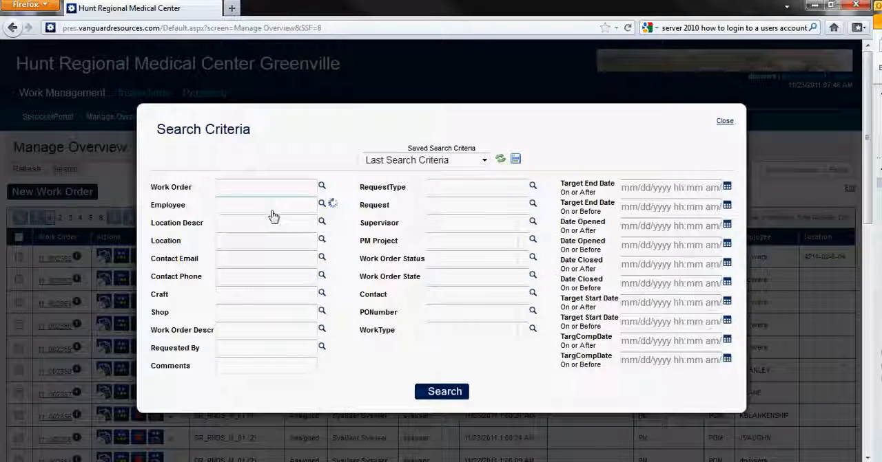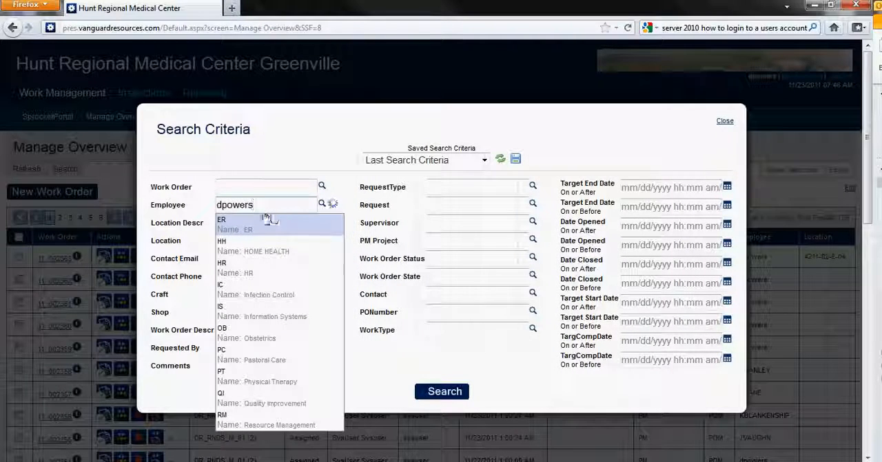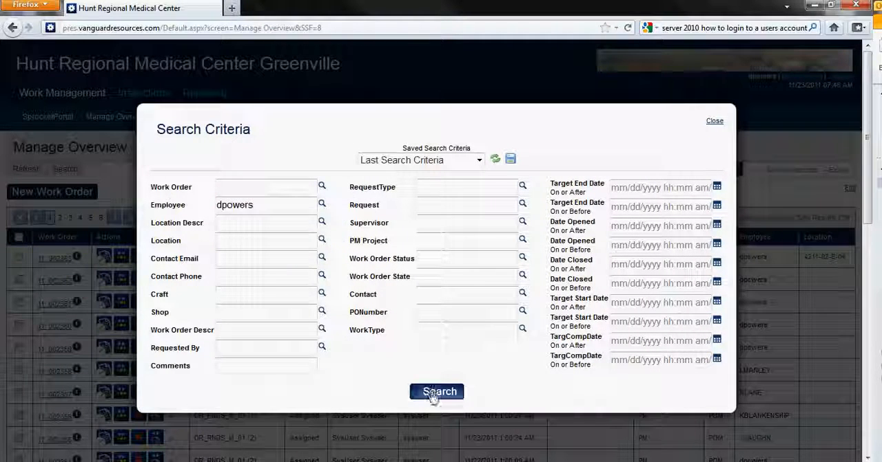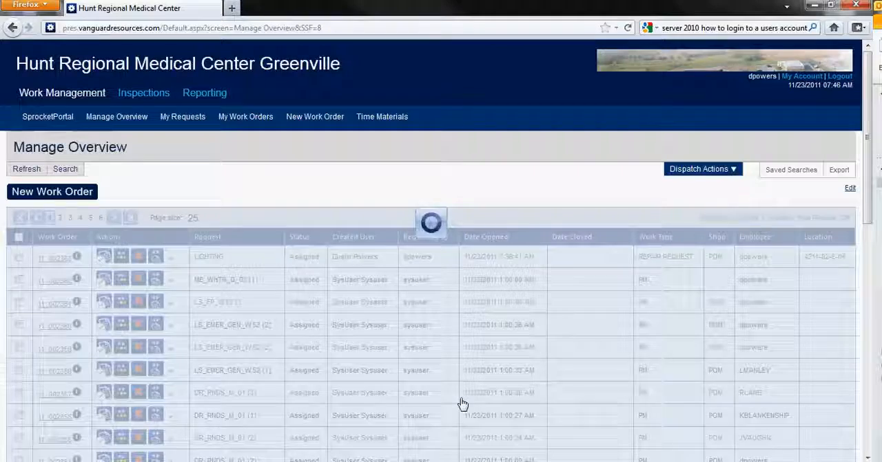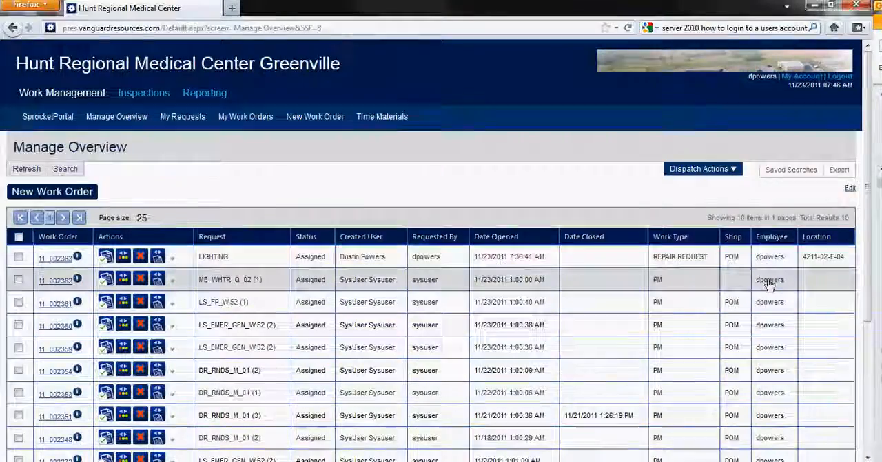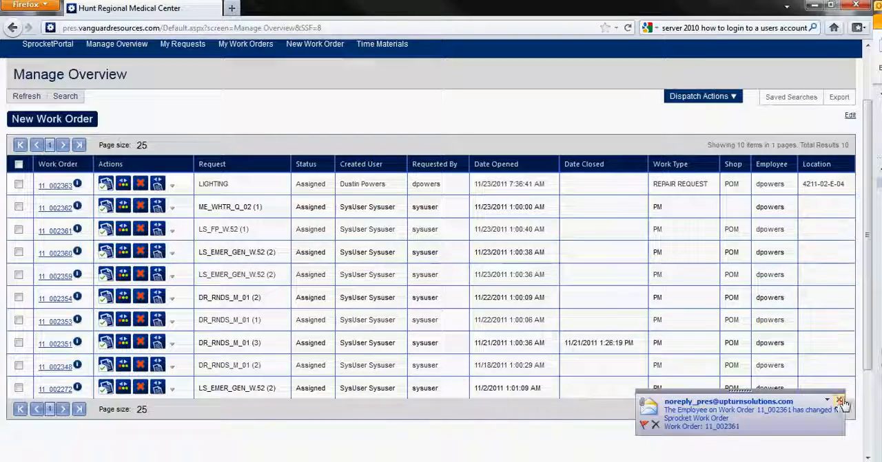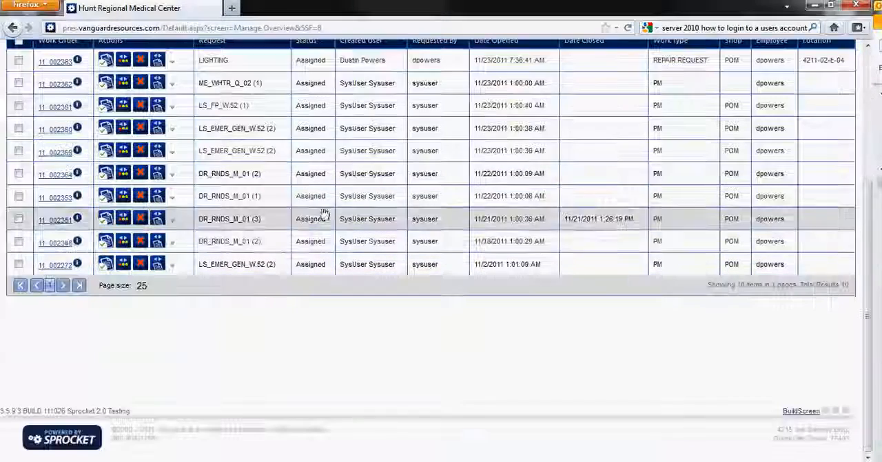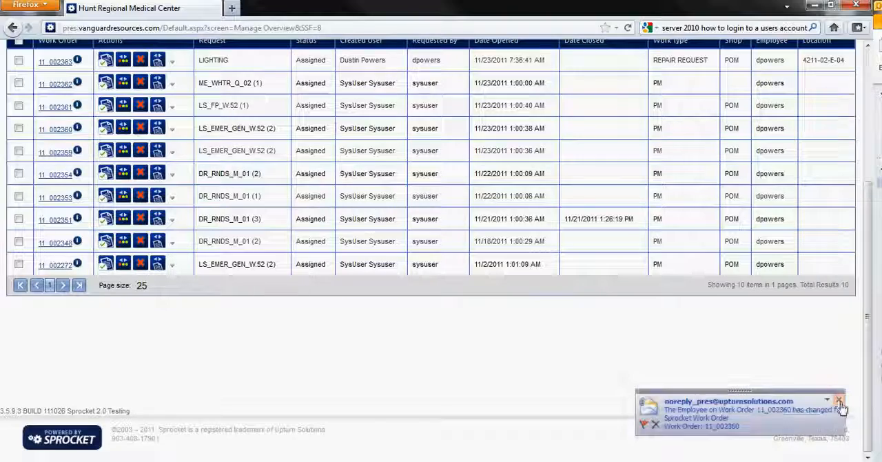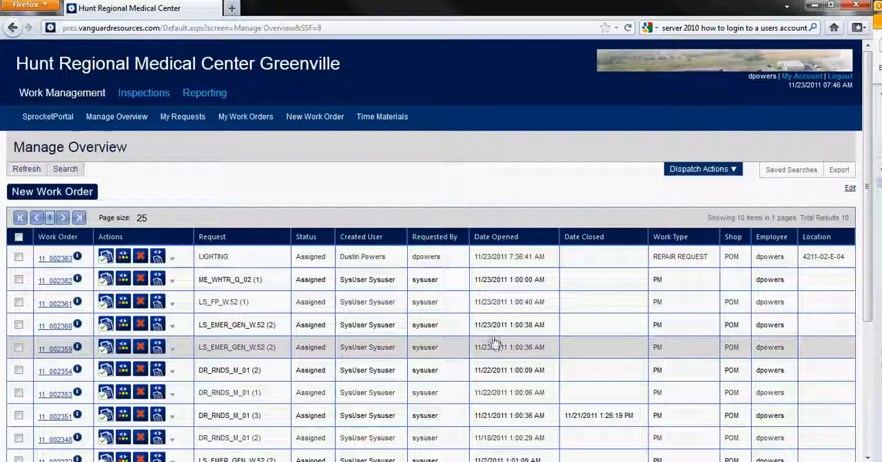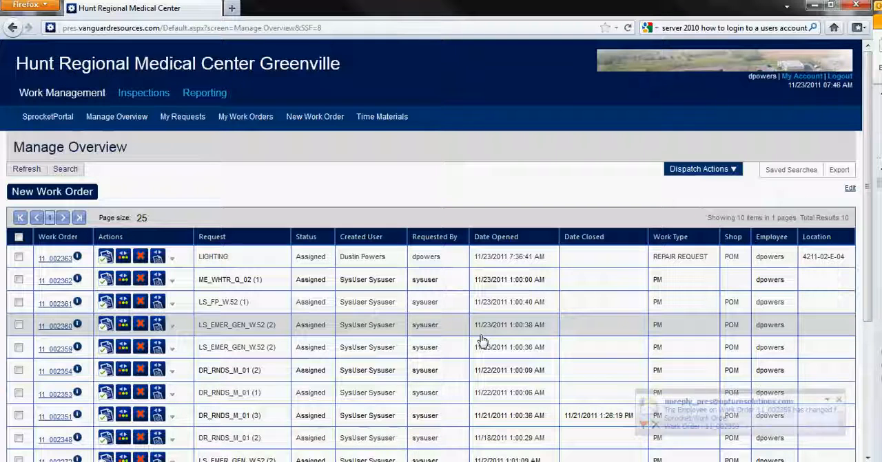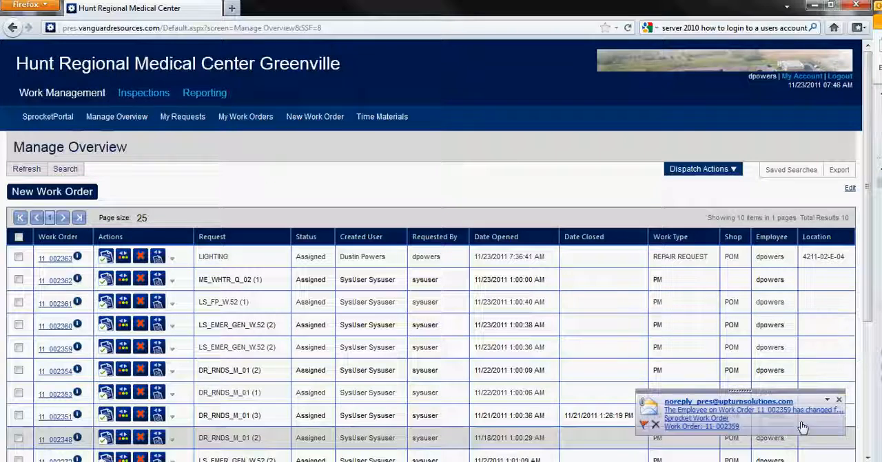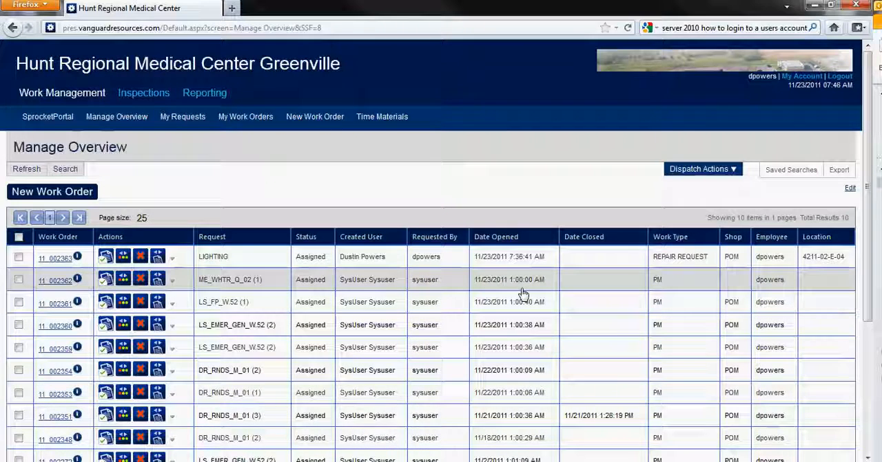So to change it, on the right hand side you see we have Saved Searches. Simply click Saved Searches, and again, how many saved searches you have will depend on your level. And click on Manage Overview. Manage Overview shows you all open, it shows you all closed, it shows you all pending work orders, and everything you want to see. Also on the left hand side here there's a Search button. If you click Search, it brings up an entire list of things you can search by. So you can search by work order number, by employee, location. If you just wanted to